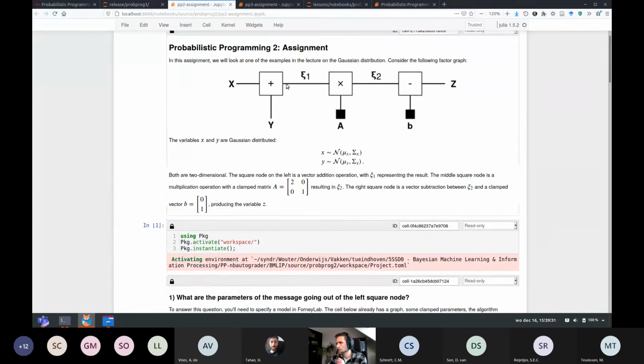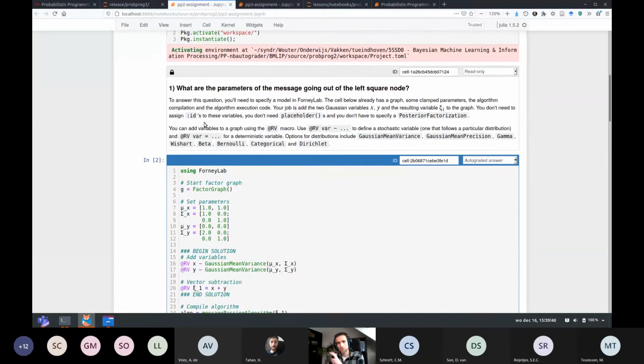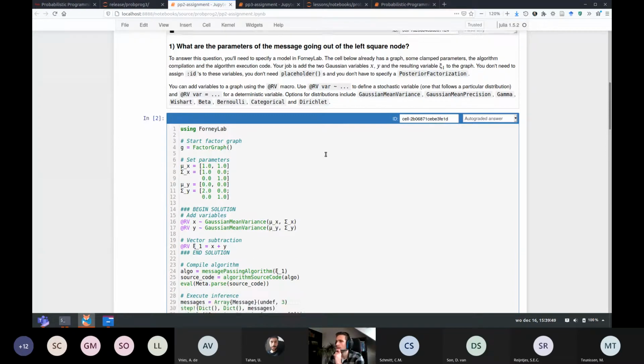So this node sends a message towards this variable chi1, which is the addition of the random variable x and the random variable y. So all of the questions in the second probabilistic programming assignment can be solved mathematically, but we want to do it automatically using Formulab. So you're given a few hints on this assignment. Your job is to add the two Gaussian random variables x and y and the resulting variable chi1 to the factor graph. You don't need to assign IDs, you don't need placeholders, you don't have to specify posterior factorization. All you have to do is add those variables as mentioned,